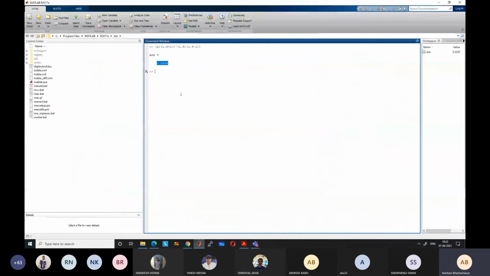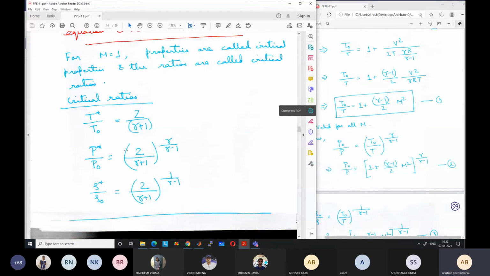It means that if the nozzle has to have sonic velocity at the exit, the pressure there has to be 52.83 kilopascal. If the velocity at the nozzle exit has to be sonic, there is no other option but for the pressure to be 52.83, because this ratio has to be maintained. Now say you have a pressure outside the nozzle.